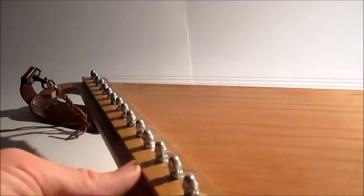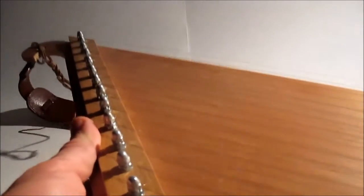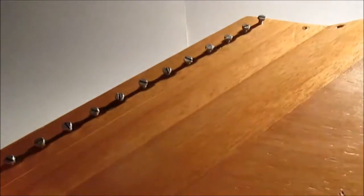Now the tuning pegs are really simple. From the downside, they're made of simple screws, really plain old flat-headed screws, and on top they are decorated with these little nuts. On top of that, to attach a string, I just have...